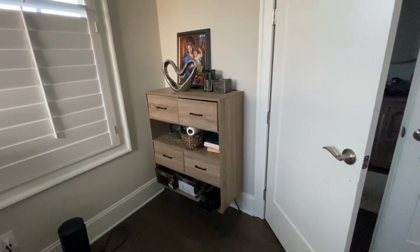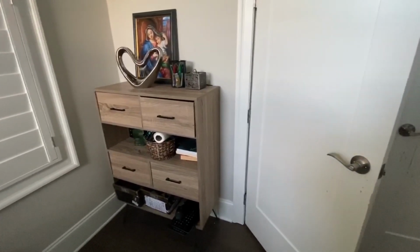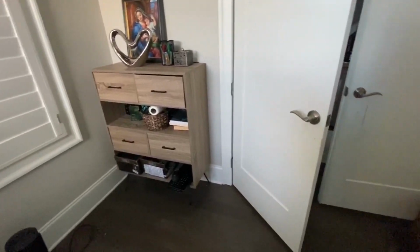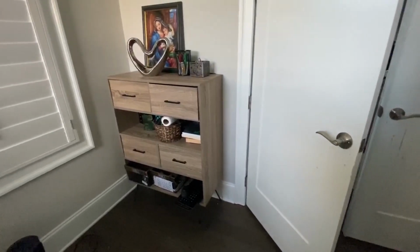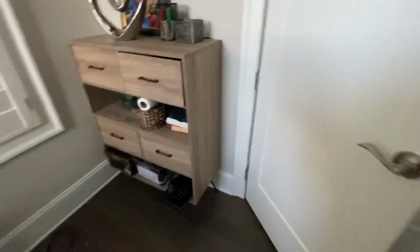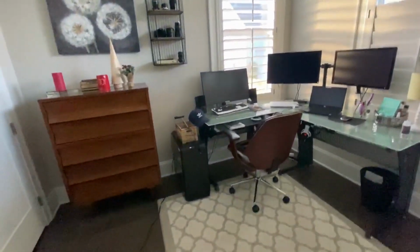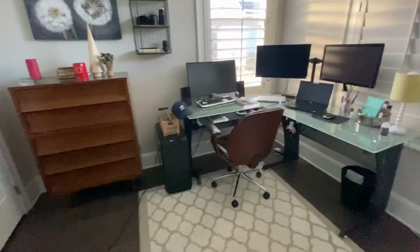And then I organized this a little bit. Nothing too crazy though, because this is just something that I plan on changing very, very soon. So I'm just using it to keep things contained. And then I'm gonna figure out what to do in the near future when I do a complete room makeover and change things out more drastically. Right now, I only had a little bit of time and I really wanted to make a big impact with the little time that I had and the few actual items that I was using,